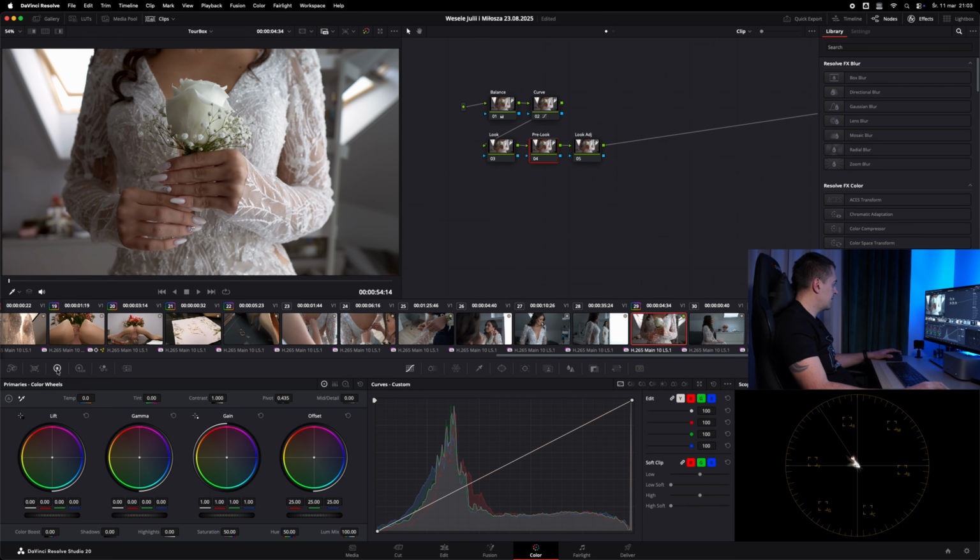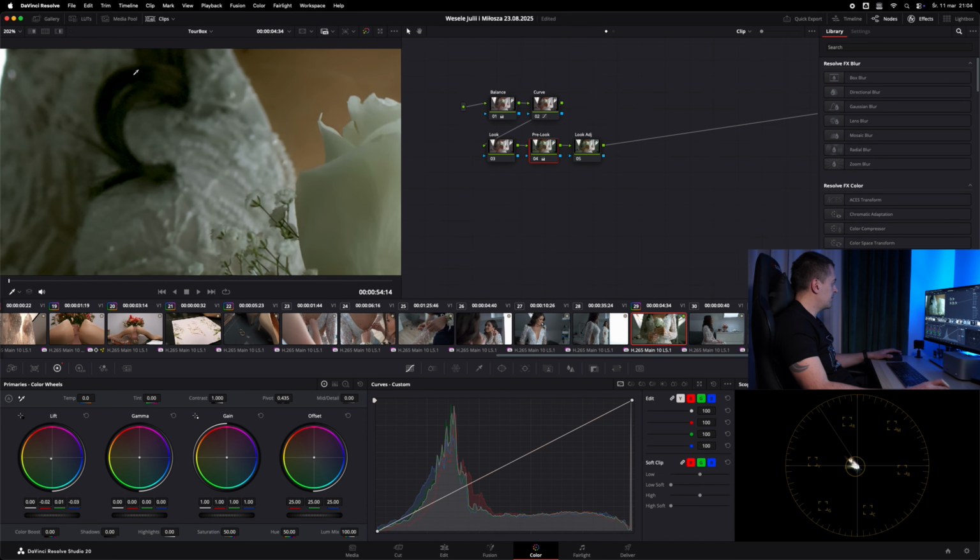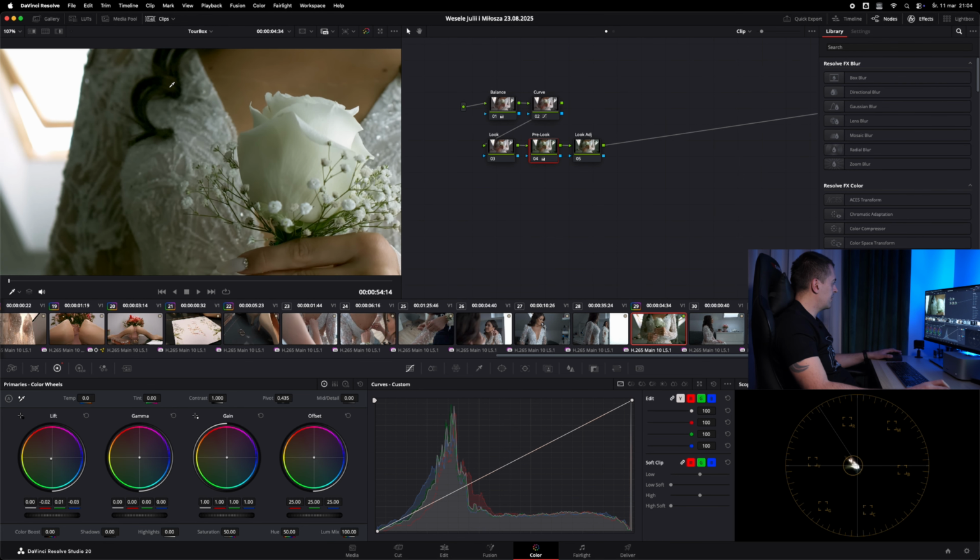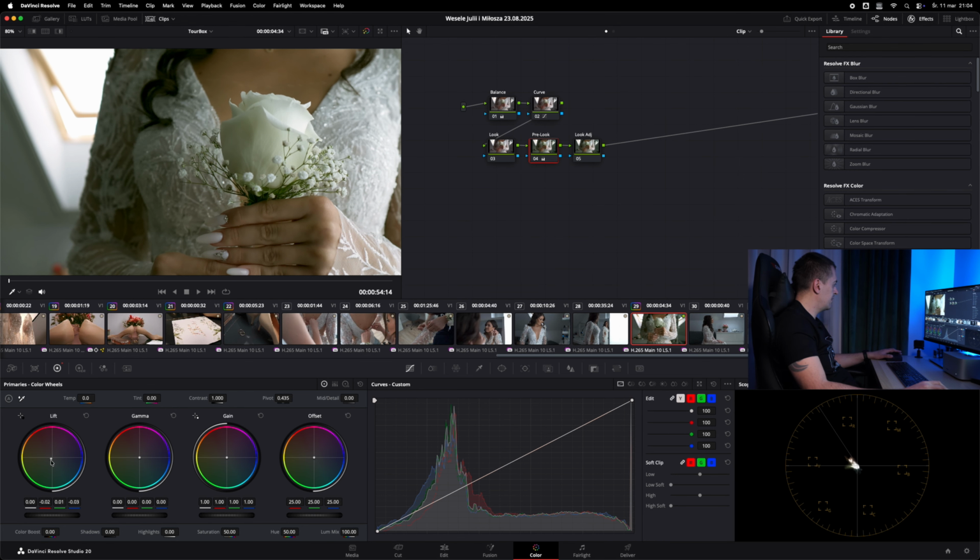So first we jump to our primaries and we take our lift and we will add green. We can go somewhere around here. You can see that everything what was black, now it's getting green. Let's push it a little bit further.